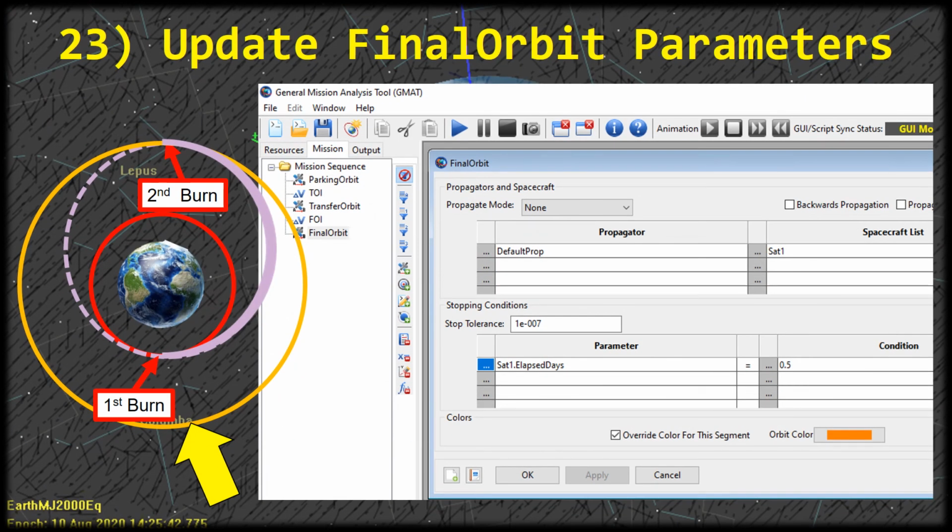You'll see that after I've done that the stopping parameter has changed to elapsed days. Since this requires some additional input, here on the right, I'm going to give it a condition of 0.5. So this is going to propagate the spacecraft on this final orbit until the elapsed days has reached 0.5. Which should be enough for a complete orbit. Now, I'm also going to go ahead and override the color for this segment as well by checking this box here on the left and then clicking on this color here on the right and finding the color I want. And so when I've done that, I'm going to go ahead and click OK to save the changes to this